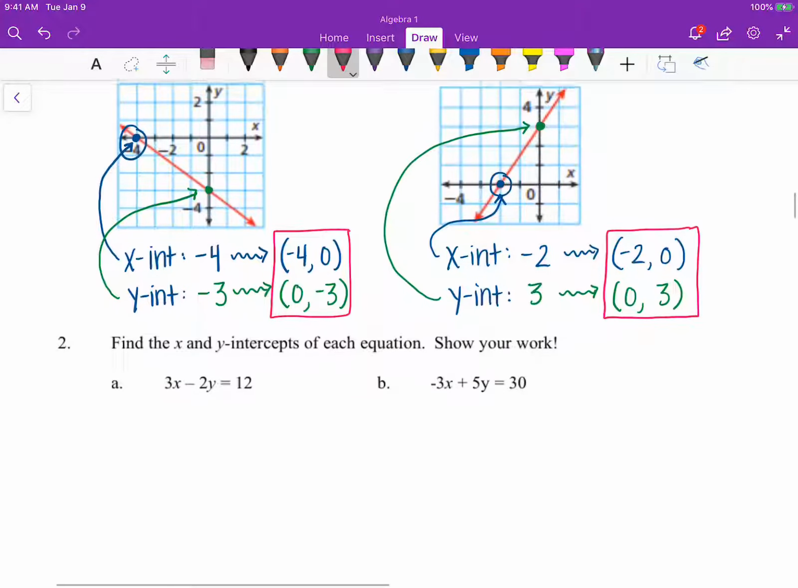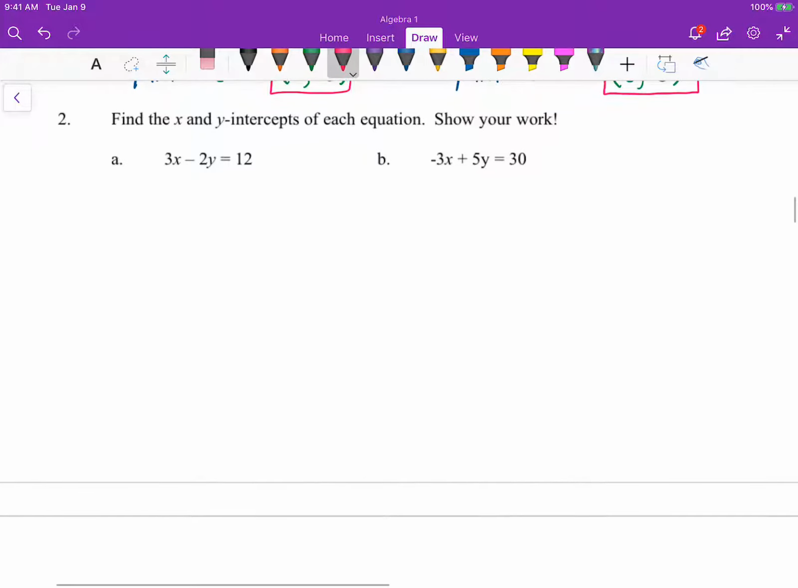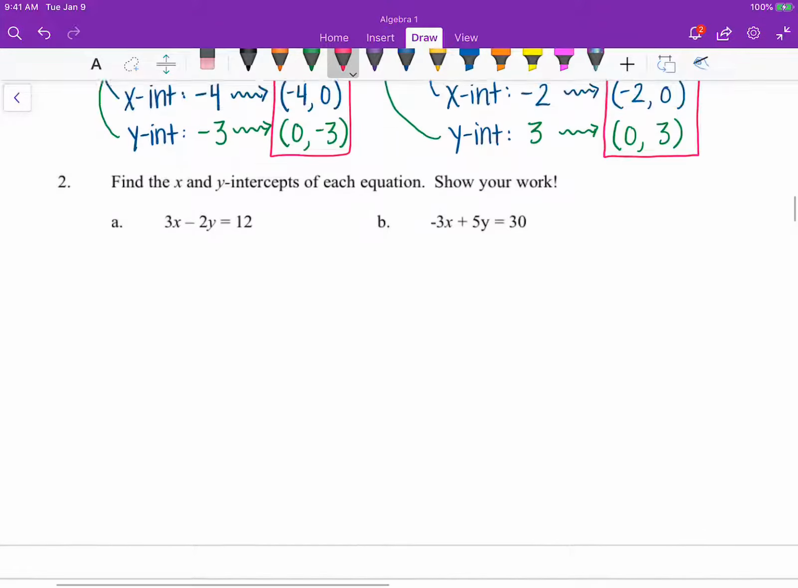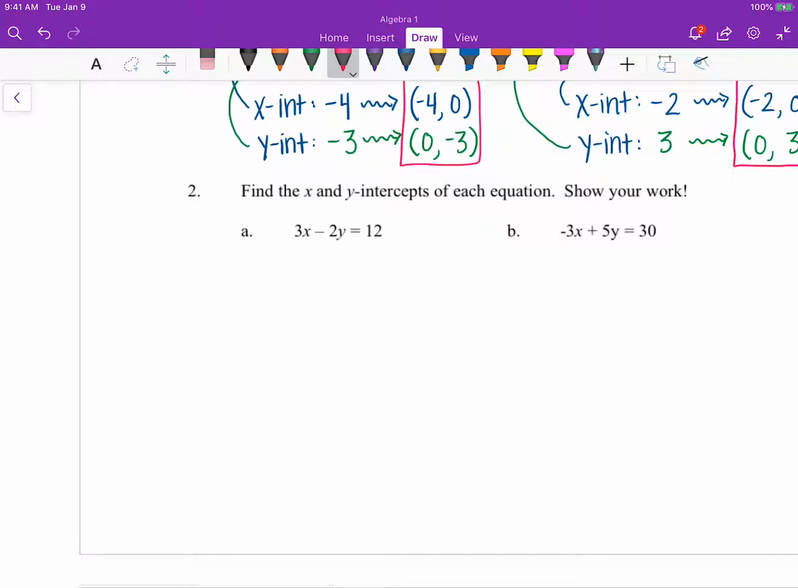Okay. Now, number 2, you'll notice that we don't have a picture. So in this way, this is where you actually have to do the algebra. You have to show your work here to actually figure out where the x and the y-intercept are. And the nice part with the x and the y-intercept is if your equation is in standard form, and I'm going to write a little note off to the side with this. If you are in standard form